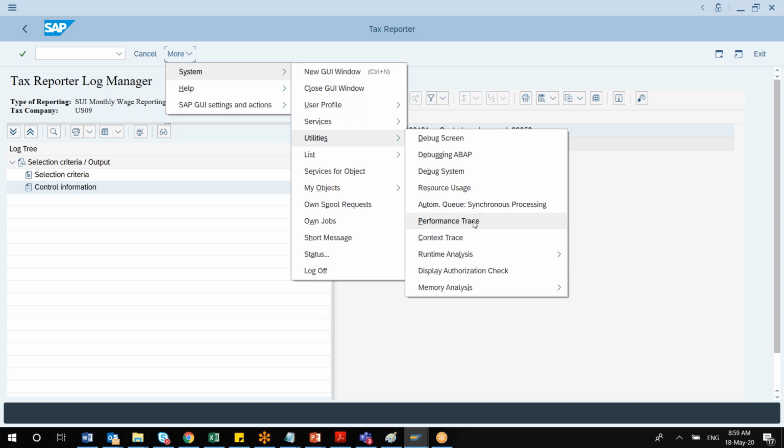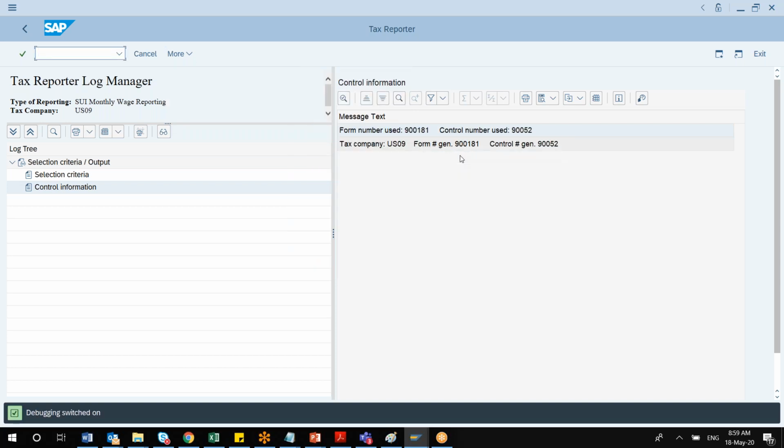Okay. So what is this? Because I've also seen this debug screen and debugging system, even for functional. What are we supposed to do? What does debugging really mean? When I say debugging screens or debugging ABAP, in most cases functional consultants do not take care of it. But this option is not restricted to ABAPers as well, because in my earlier days I used to do ABAP also. So for that, I could also run it.